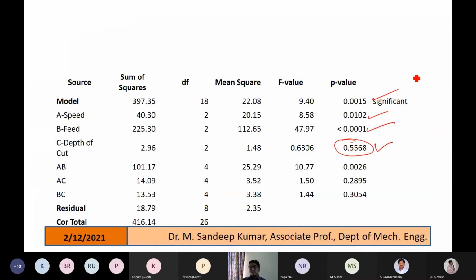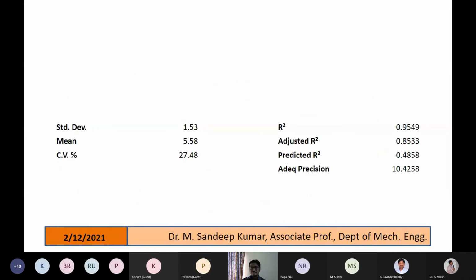And if you see in Design Expert 12, the latest one, the trial version which you have installed, it will directly give the percentage of how much the factor is affecting. So the percentage also will be coming up, showing how much this factor is affecting the response. So the latest versions are actually very good.